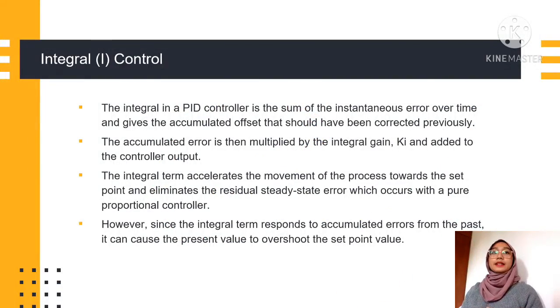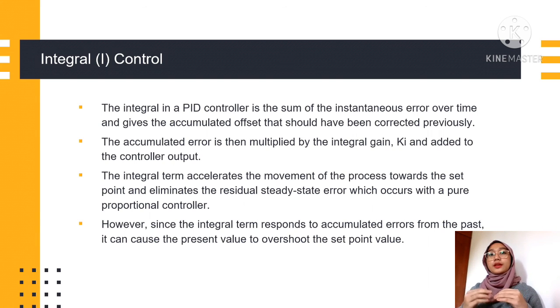The next one is the integral control. The integral in a PID controller is the sum of the instantaneous error over time and gives the accumulated offset that should have been corrected previously. The accumulated error is then multiplied by the integral gain, which is Ki, and added to the controller output. The integral term accelerates the movement of the process towards the set point and eliminates